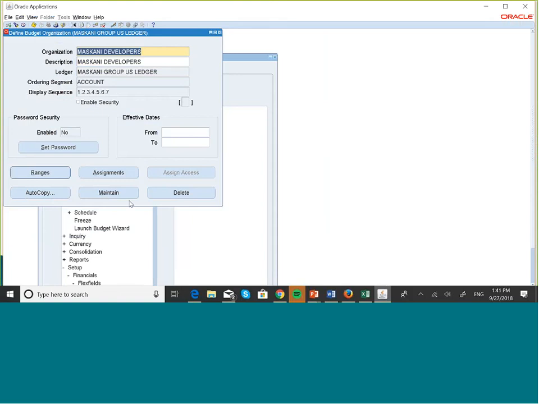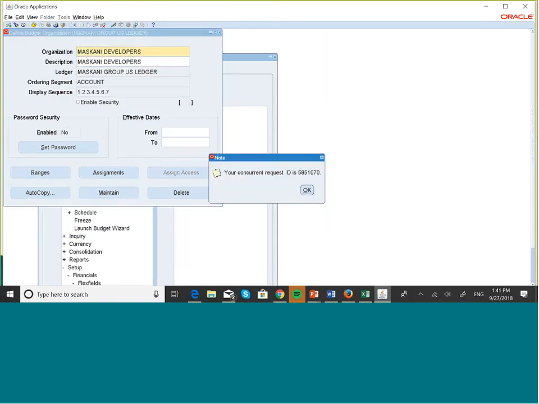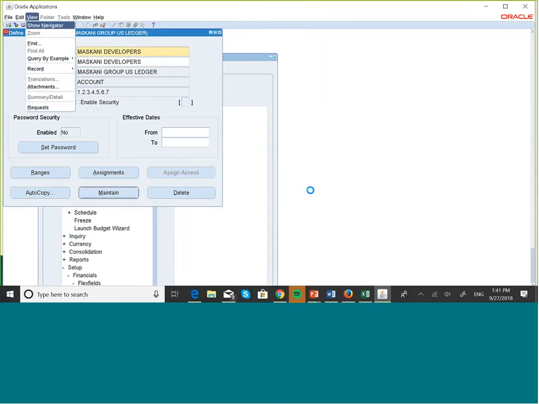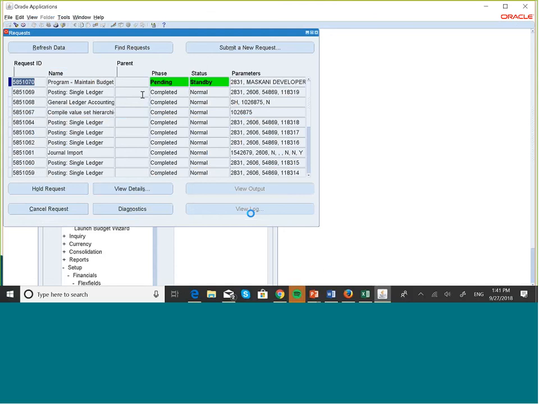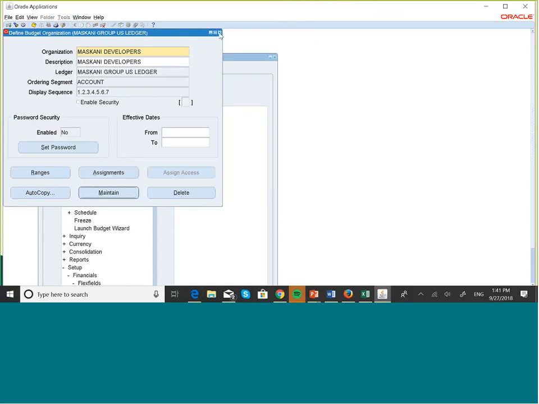All right, you have this maintain button here. Okay, so click on that maintain. A concurrent request is sent. Let's go to the SRS screen. The main budget maintenance program has been launched. Hopefully, all right, while that is running in the background,